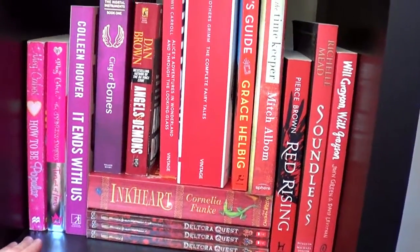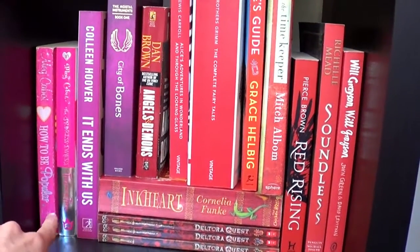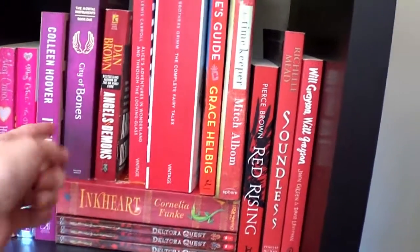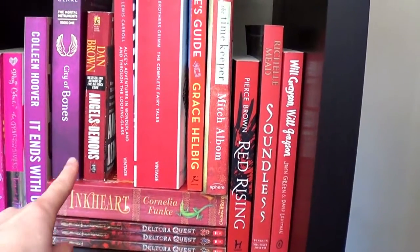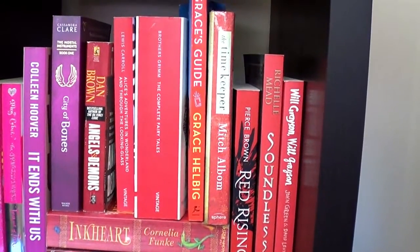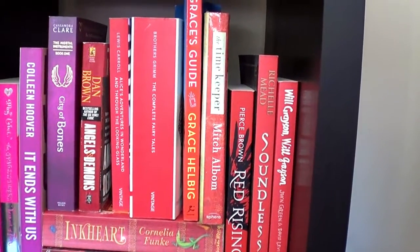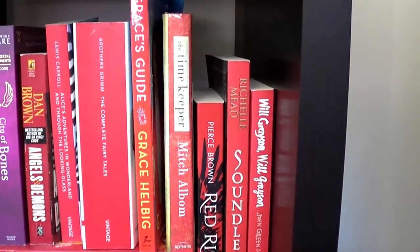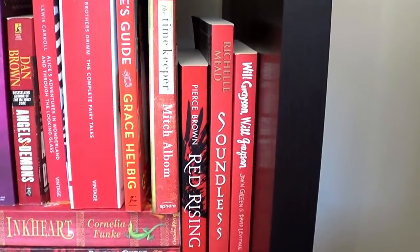How to Be Popular by Meg Cabot, The Princess Diaries 10 out of 10 by Meg Cabot, It Ends With Us by Colleen Hoover, City of Bones by Cassandra Clare, Angels and Demons by Dan Brown, Alice's Adventures in Wonderland and Through the Looking Glass by Lewis Carroll, The Complete Fairy Tales by the Brothers Grimm, Grace's Guide, The Art of Pretending to be a Grown-Up by Grace Helbig, The Timekeeper by Mitch Albom, Red Rising by Pierce Brown, Soundless by